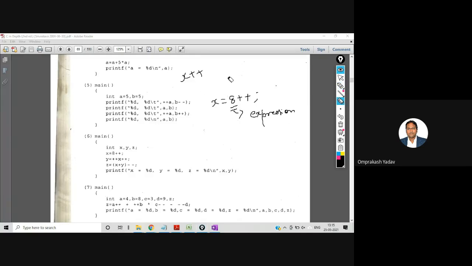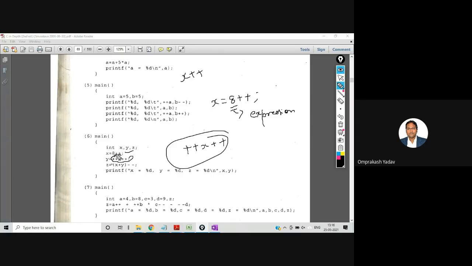So in this program, the output will be an error. For example, this will give you an error, because on a constant we are operating plus plus or minus minus. In the next one, it's written plus plus x plus plus. At the same time we cannot have plus plus x and then again plus plus, so this will also give you an error. And on the next line, we are operating minus minus on an expression, so even that will give you an error. In all three lines we have an error.